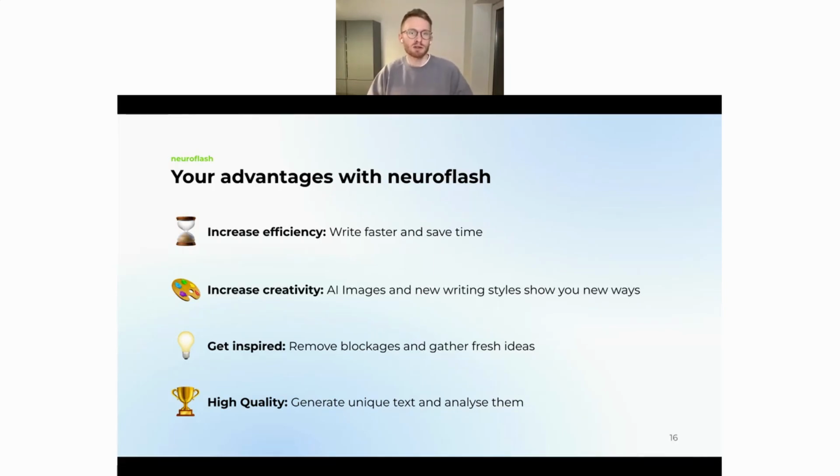Quickly talking about the advantages of neuroflash that are a result of the 4 products that we offer to you. First of all, and I think this is what Jan will agree on, neuroflash is a tool to increase your efficiency, because you can just write more content faster, and you can save time doing some other stuff. Also, it increases your creativity with the AI images, but also with maybe new writing styles that you're getting suggested. neuroflash shows you new ways of creating content, different tonalities, different styles for you to really